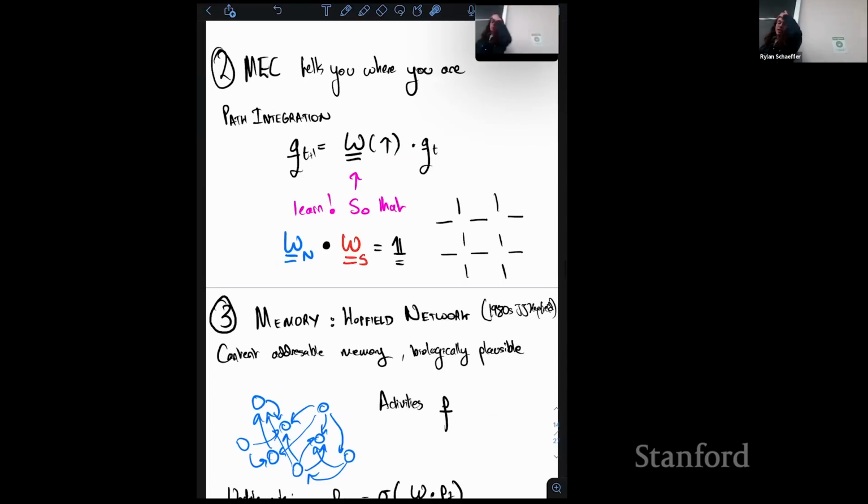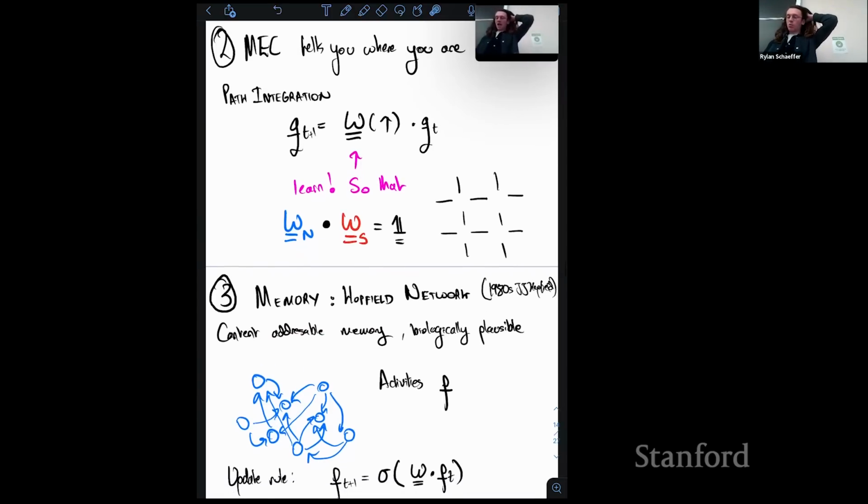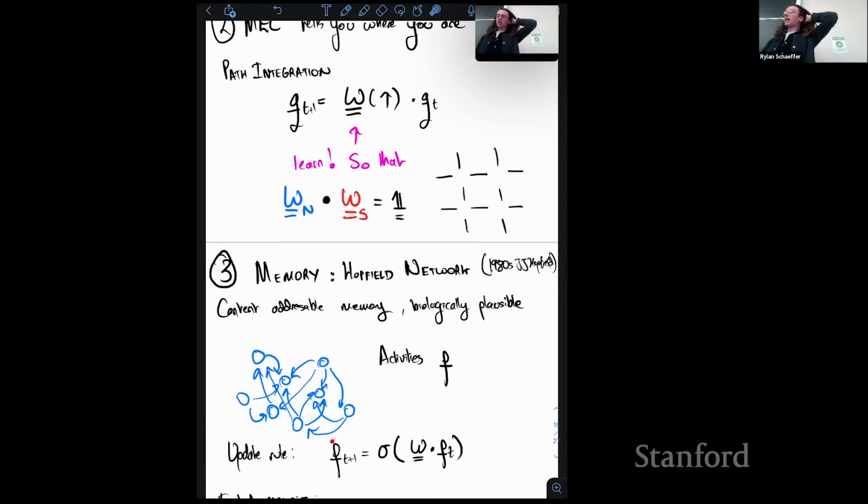Finally, the memory, because we have to memorize which things we found at which positions, is going to happen in the hippocampus, and that's going to be through a version of these things called Hopfield networks that you heard mentioned in the last talk. So this is like a content addressable memory, and it's biologically plausible as a claim. The way it works is you have a set of activities, p, which are the activities of all these neurons, and it just recurrently updates itself. So there's some weight matrix in here, W, and some nonlinearity, and you run it forward in time, and it just settles into some dynamical system, some attractor state.